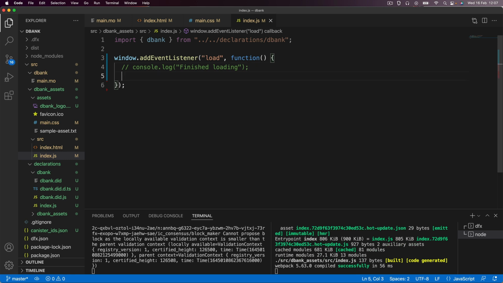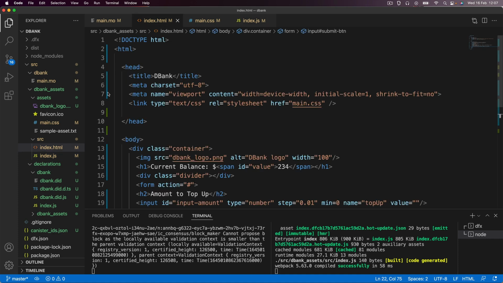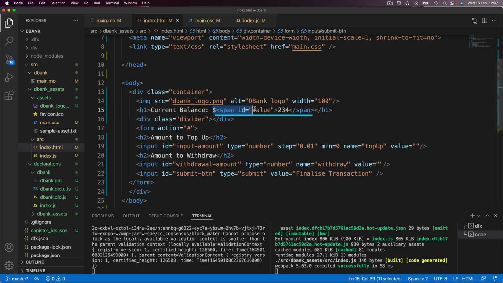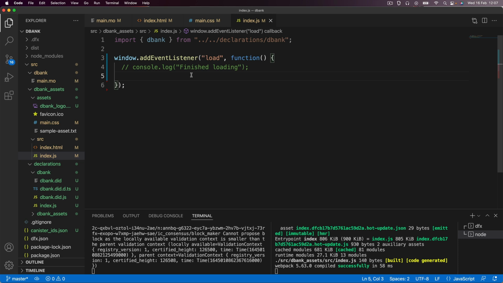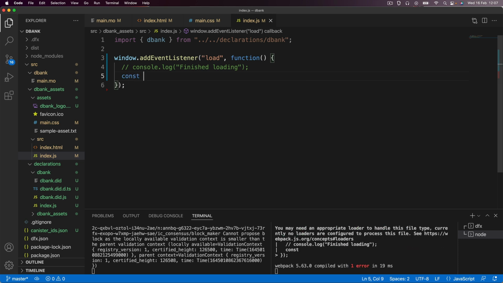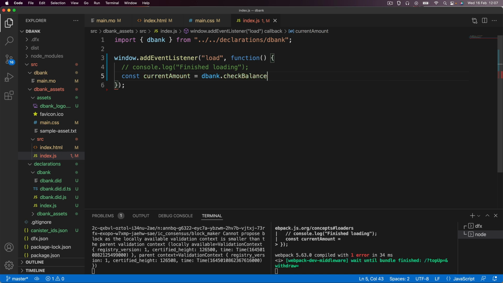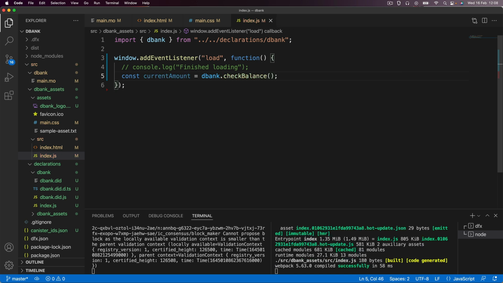Now, instead of finish loading, what I want to do is update this span here. So instead of having the value of 234, I want to change it to say whatever is the value of our current value here. So to do that, let's go ahead and create a constant, and I'll call that currentAmount, and we'll set that equal to dbank.checkBalance result. So basically, once we've checked the balance, we're going to assign it to this currentAmount, and then we're going to use the